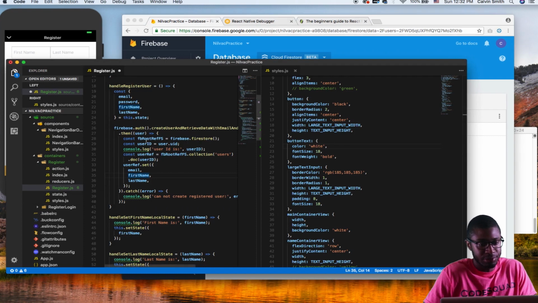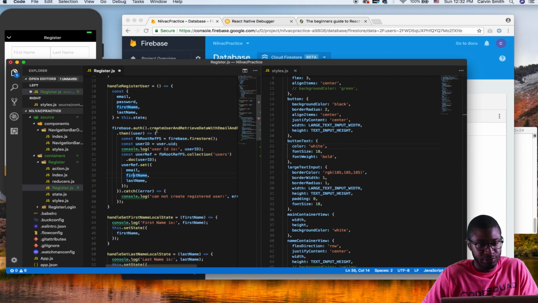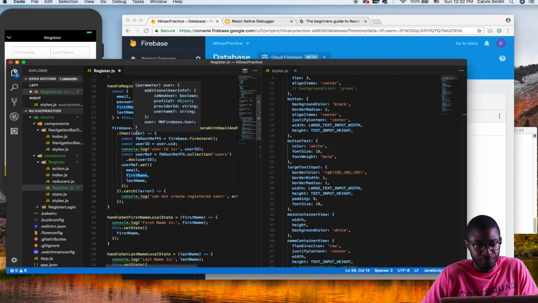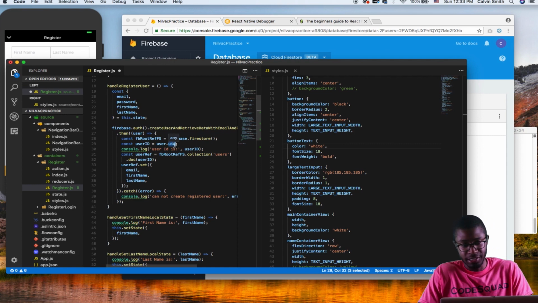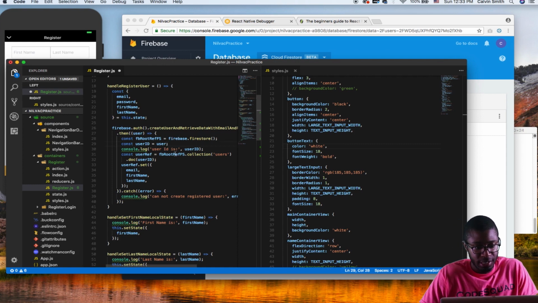I'm going to show you the way that I found the error so that you'll be able to learn how to debug and find out errors as well. The error is kind of strange, but check this out. I know for a fact that this user is correct. I just didn't know the right name behind this. So user.uid. I knew it was user.something. So what I did was I put in a constant userID equals user and see what it spits out